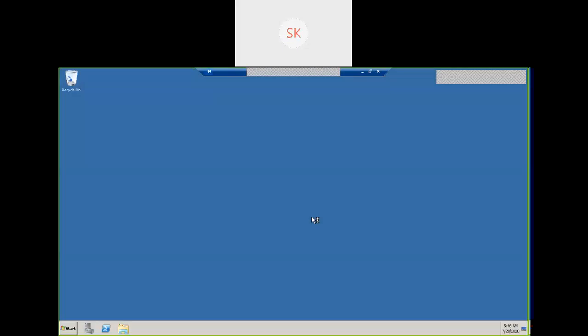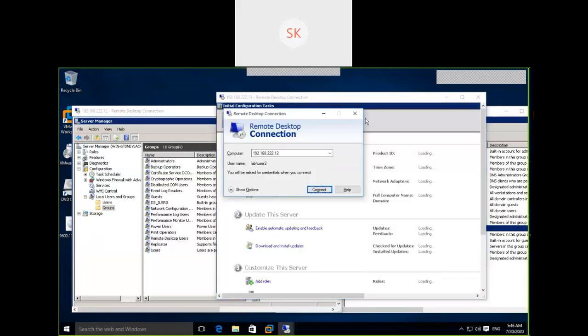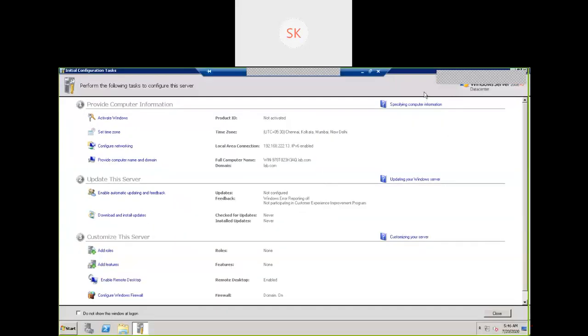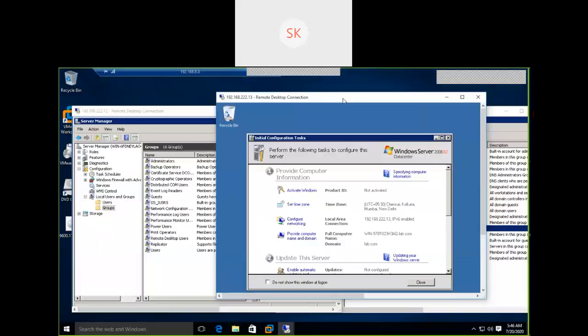I can create a number of groups on this domain controller. Once the domain controller is added, whatever users you want should be members of certain domain groups. Once that is available, I can add domain groups or individual domain users to this particular member server.